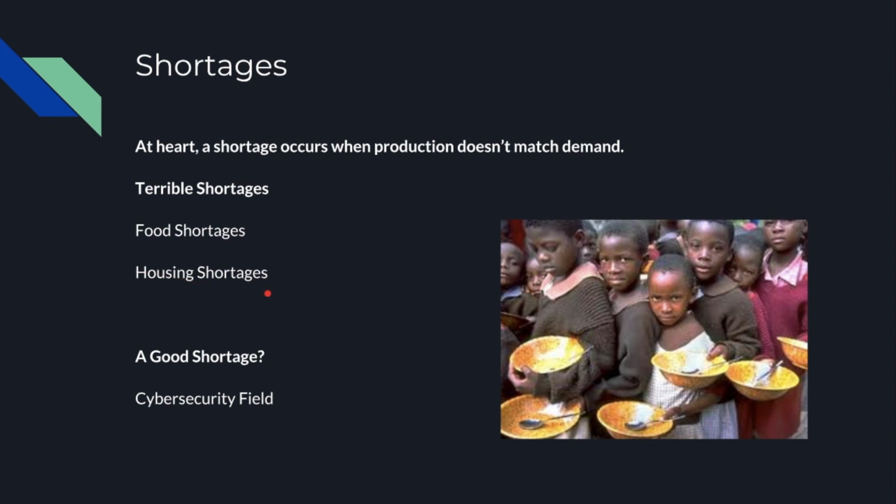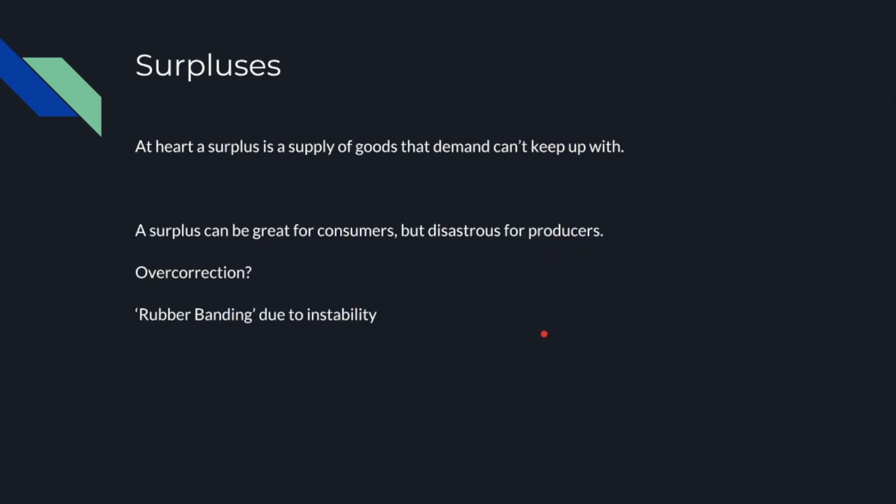and housing shortages. And one thing I thought would be kind of interesting to point out is for consumers, at least, there do exist some sort of good shortages in a way. So there's actually a huge shortage in the cybersecurity field right now where there's not enough professionals to match demand. And I just found that interesting because that means that for consumers, it's actually going to be a good thing because salaries are going to increase. But so, surpluses. Surpluses are actually the opposite of shortages. And at heart, a surplus is a supply of goods that demand can't keep up with. So this is when we are producing too much of a certain good